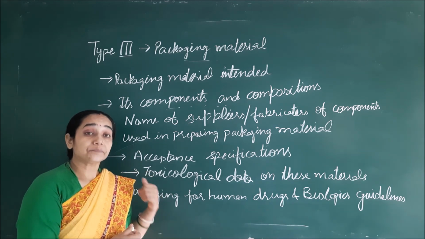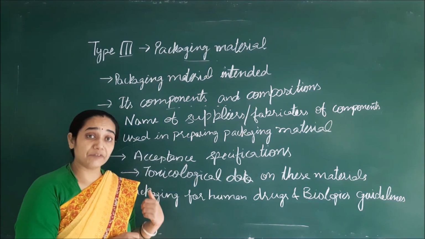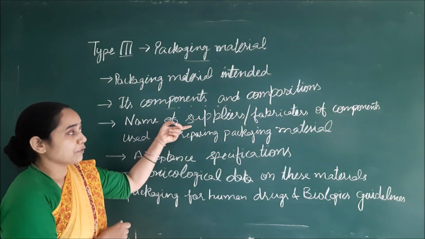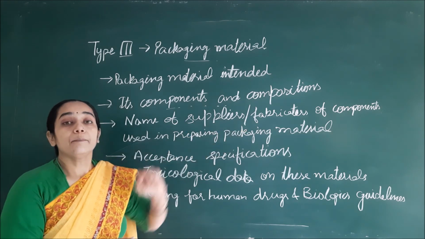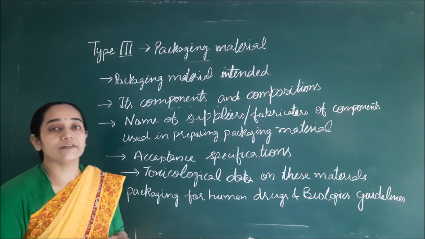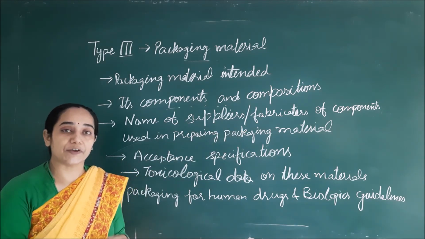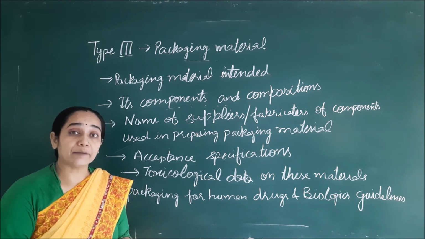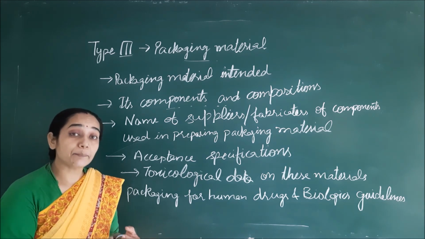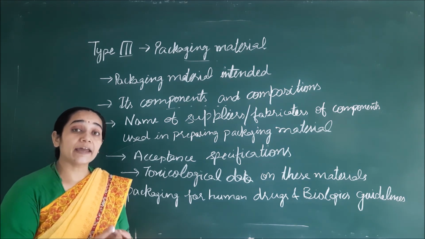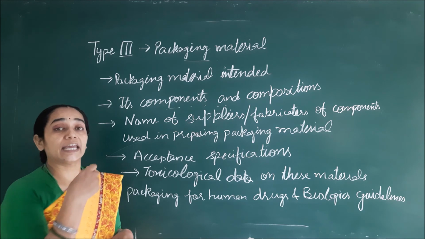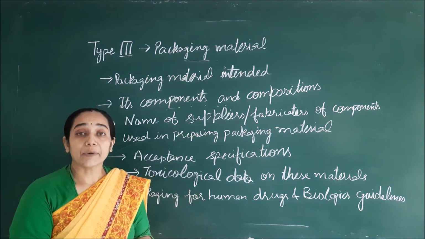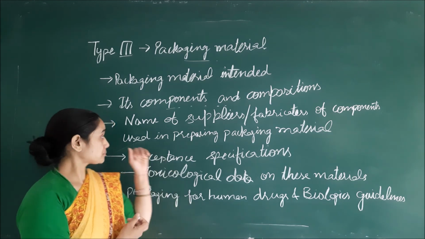Then the type 3 DMF for the packaging of the drug product will include all the names of the suppliers and fabricators of the packaging components. Whole detail will be given: who has fabricated it and when, what the expiry of that product will be, who the supplier was, and the supplier's address, so that at any moment they can be contacted